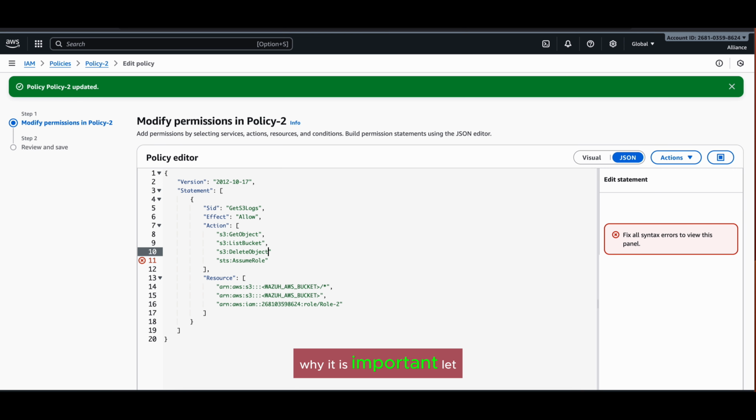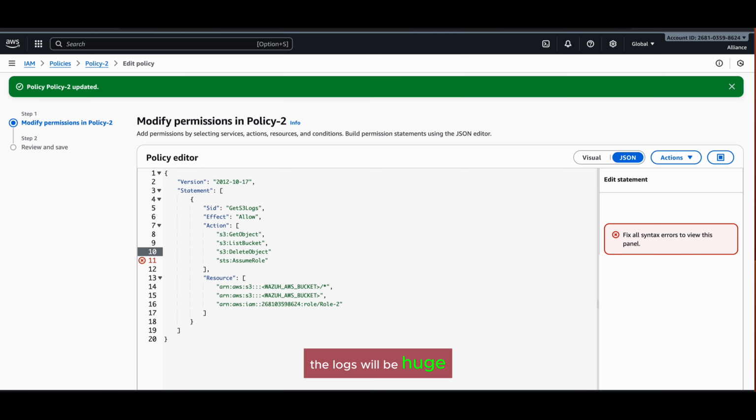Why is it important? Let me tell you. Because whenever you will be collecting logs from your buckets, and after that, do you want to keep those logs in this bucket? If you have a requirement to keep those logs in the bucket, you can keep them, because the logs initially will be less, but gradually, if you wait for 6 months or 1 year,